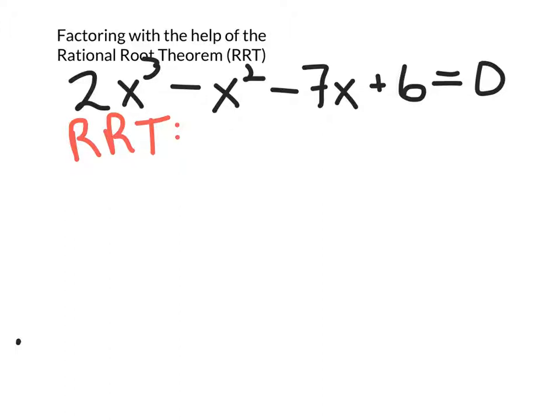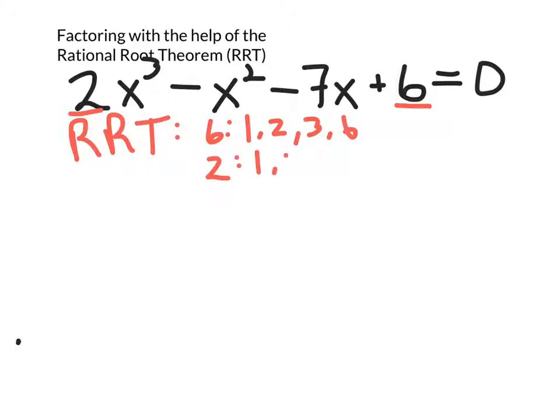The rational root theorem states that if there is a rational root, it will be a factor of one of these two terms here. So we're going to look at all of the factors of 6 divided by all of the factors of 2. And so we can go ahead and list these as such. I'm going to list all of the factors of 6 first. All the factors of 6 are 1, 2, 3, and 6, and all the factors of 2 are going to